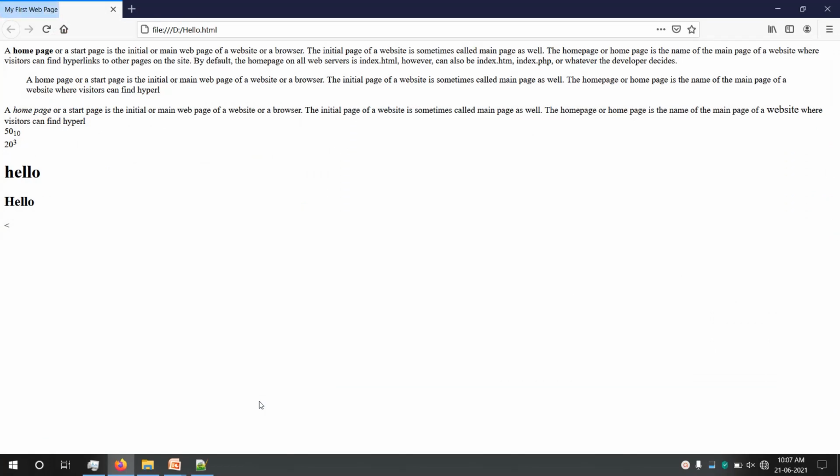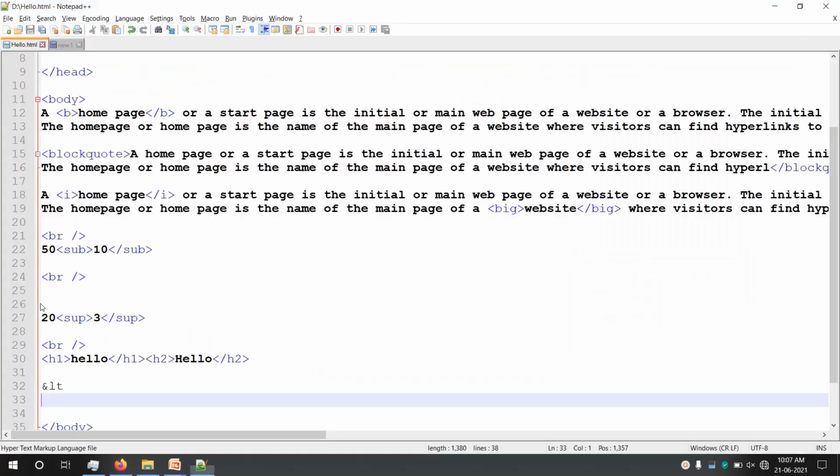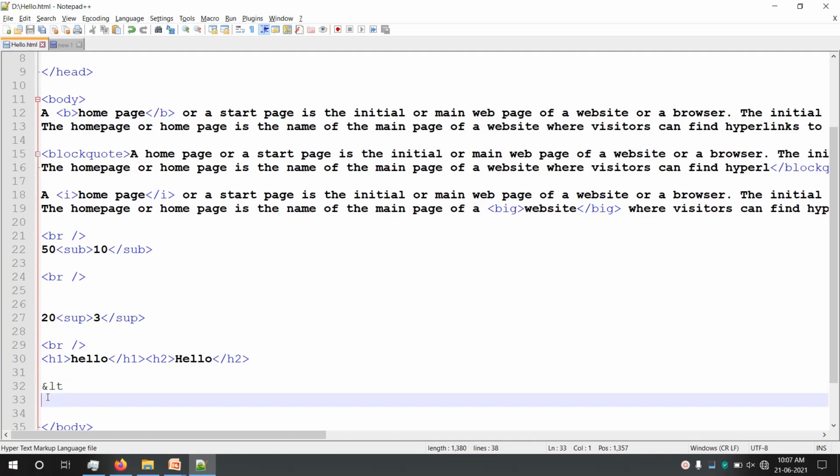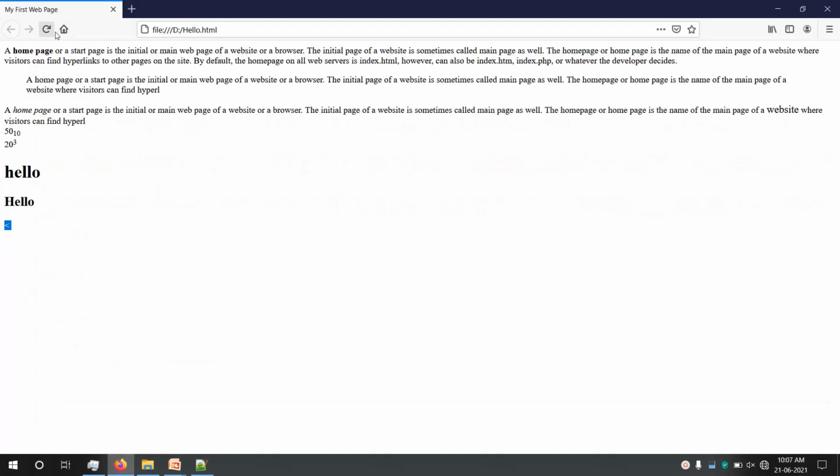You can see it has printed the less than symbol. If you want a greater than symbol, then you can use ampersand GT, and you can see a greater than symbol is displayed.